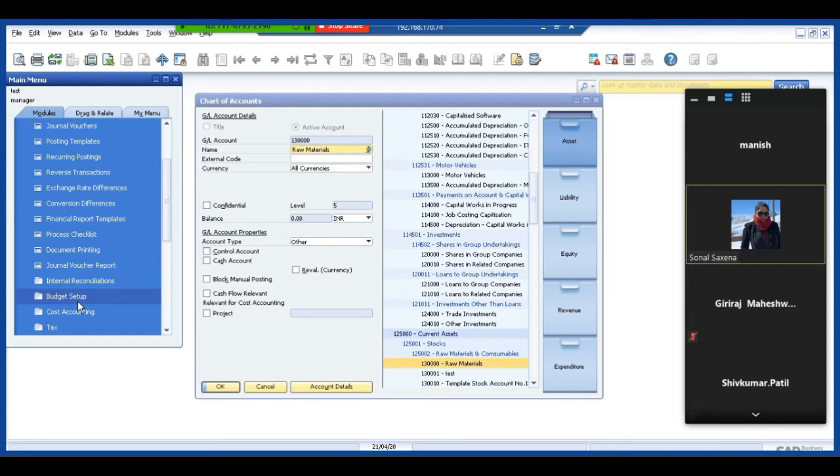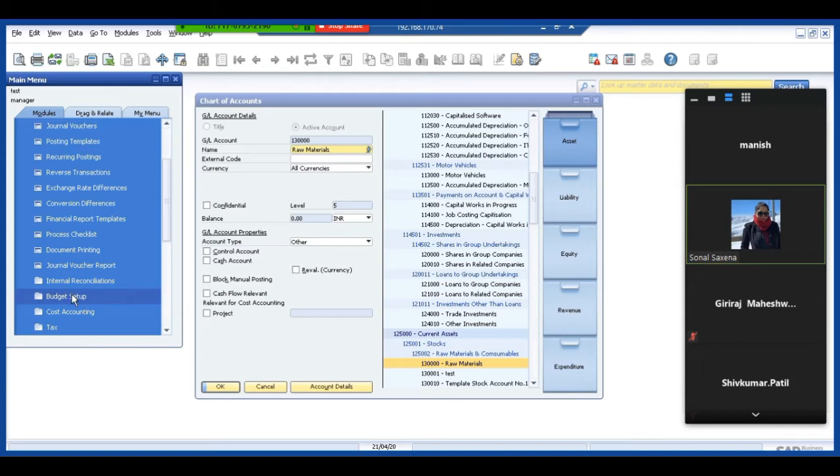They are probably using budget, but I think some of the customers may not be using budget. So we are doing just a very basic training for budget. If there is any question that you want to ask us, please do mention it in the chat box because it may be new for some of the people who are on the training, the budget setup.